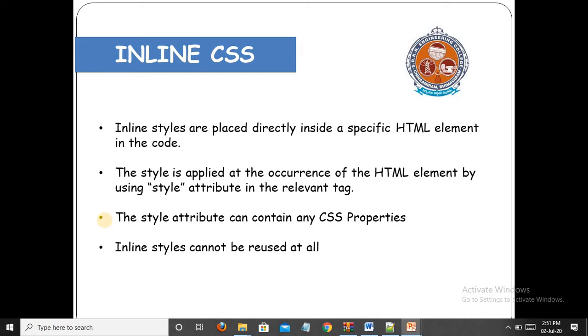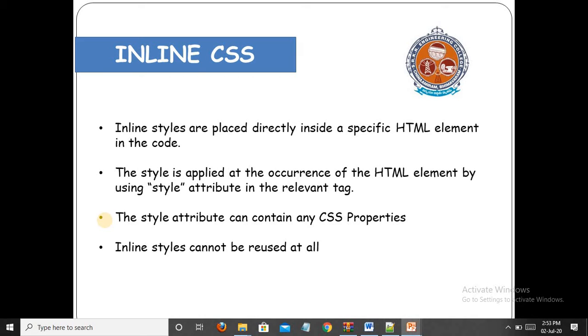The style attribute can contain any CSS properties. Using style equal to, we give some CSS attributes. Inline styles cannot be reused at all. Inline CSS can be used only for one particular element or one particular tag.